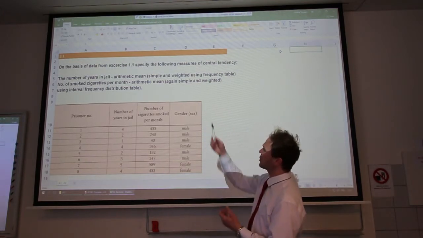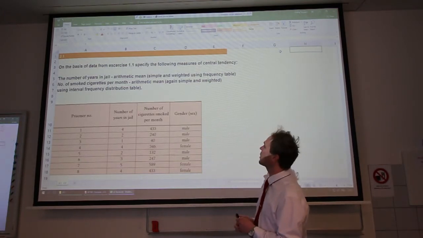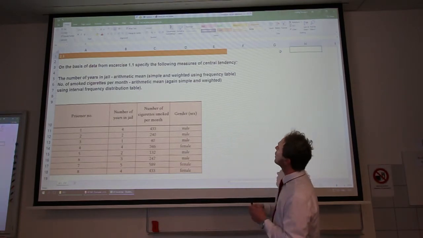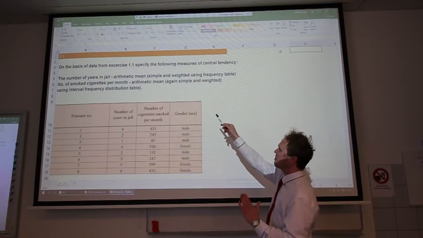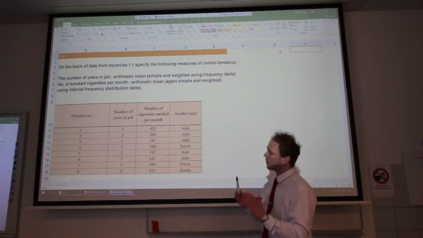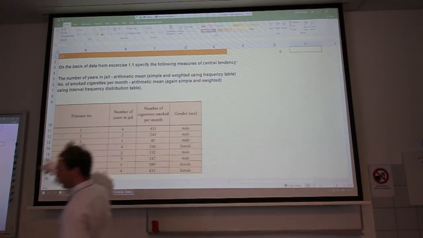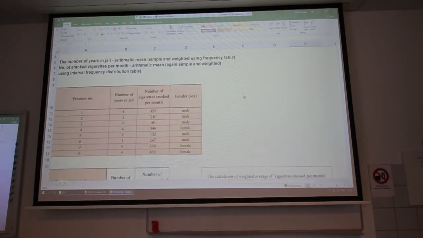On the basis of data from our first example, we will specify the following measures of central tendency: the arithmetic mean in a simple and weighted form, and after that, if you check the table below,